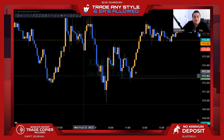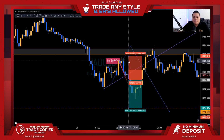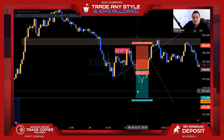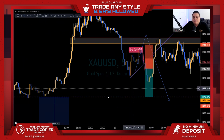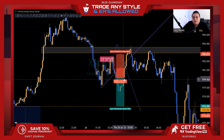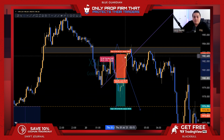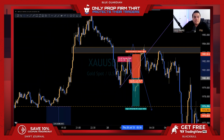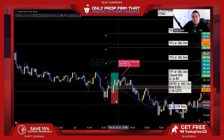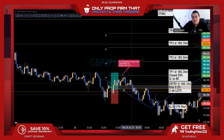And then on Thursday, we traded gold again, and this hit stop loss. This actually just went straight. It was within like 5 pips of our TP1, and we probably should have went ahead and closed partials or adjusted our stops to break even, but I didn't get to close it out in time. So basically it came back up, hit our stop loss. So we gave ourselves a second chance on Thursday. We ended up closing 50% at TP1, runner went to break even, and then it came back and the runner